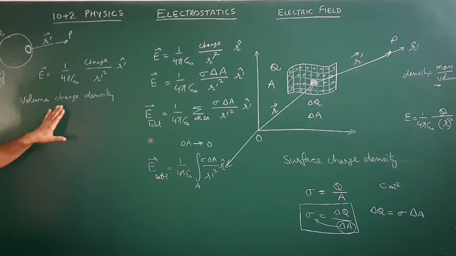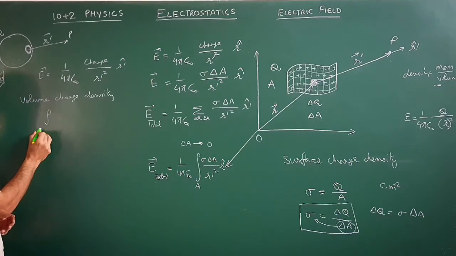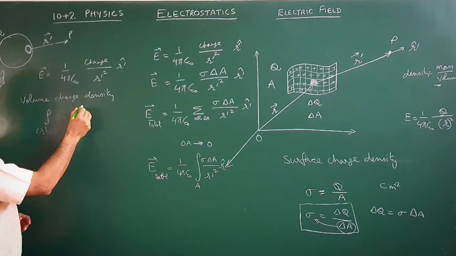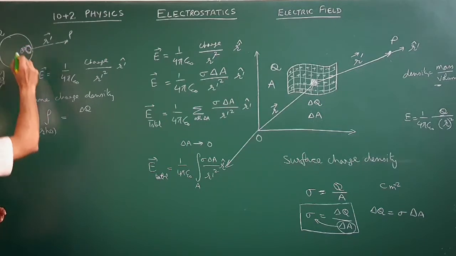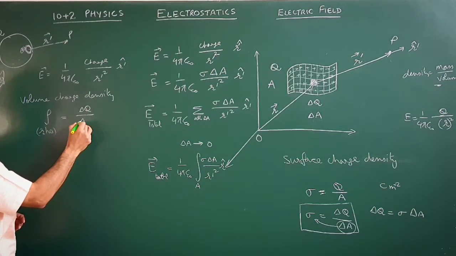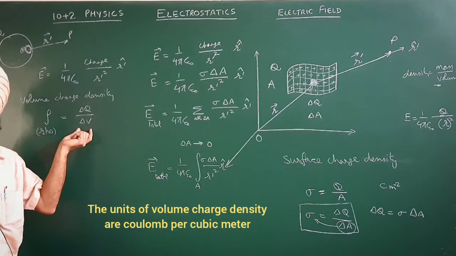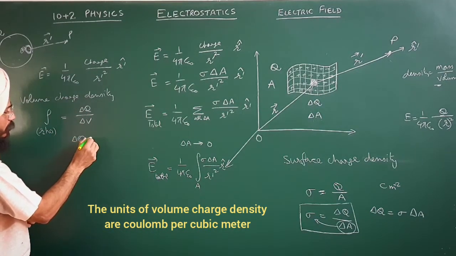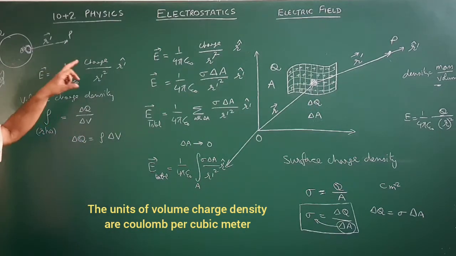Defining volume charge density, the symbol is rho, a Greek letter, and it is equal to delta Q over delta V, the charge present on a small volume. From this formula you can calculate delta Q as rho delta V,